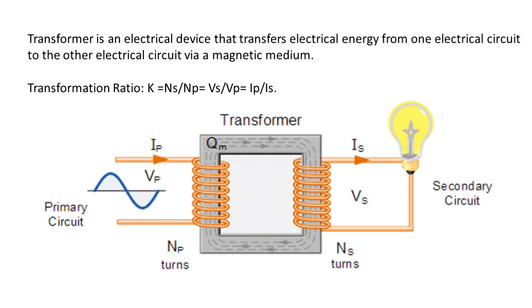There are two windings, or we can say there are two electrical circuits. One is the primary circuit and another is the secondary circuit. Now, the transformer will take power from the phase supply and give it to the primary circuit. So, the current Ip flows through the primary circuit and it goes through this winding, and from the primary circuit it goes to the secondary circuit via this magnetic medium. So these two windings are electrically isolated but they are magnetically connected through this flux.